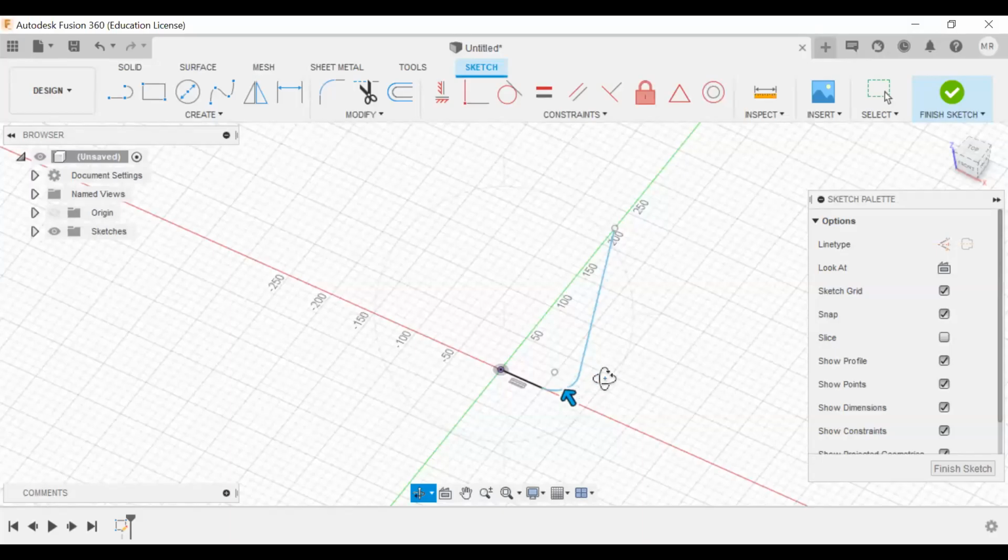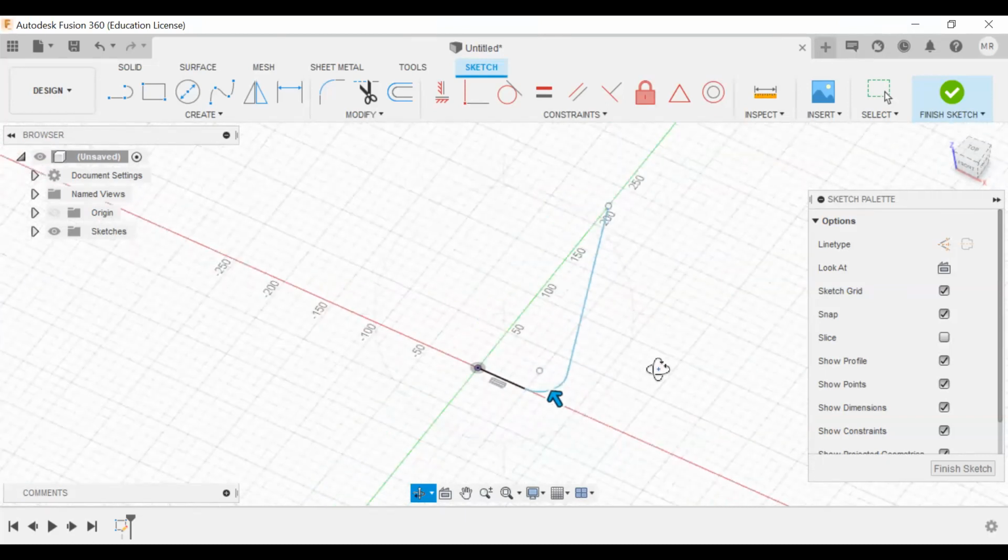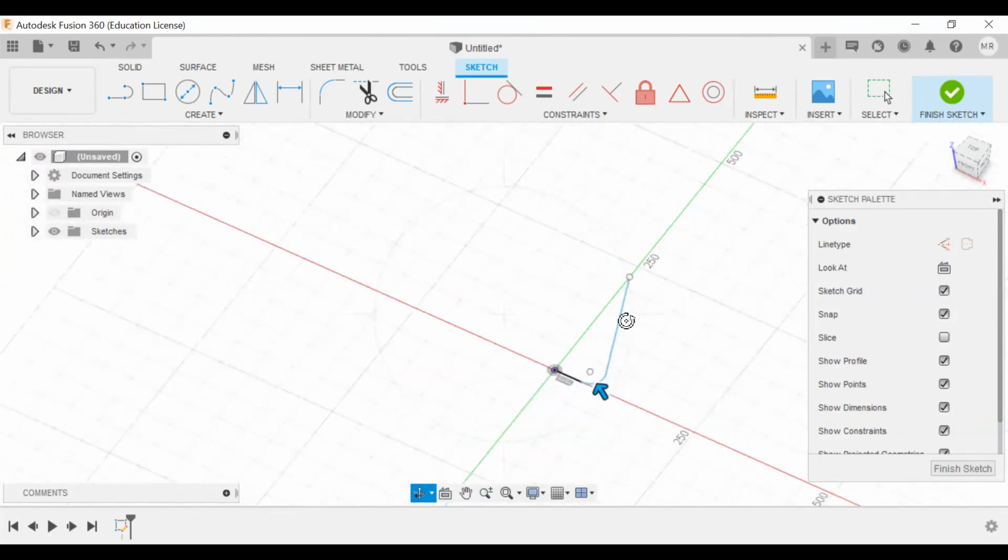How can I change? Okay, leave it. That's fine. Just press escape button. Escape. Yes, I do. No, you have to get out from the command. Okay, can you please open the new tab? I'll tell you.